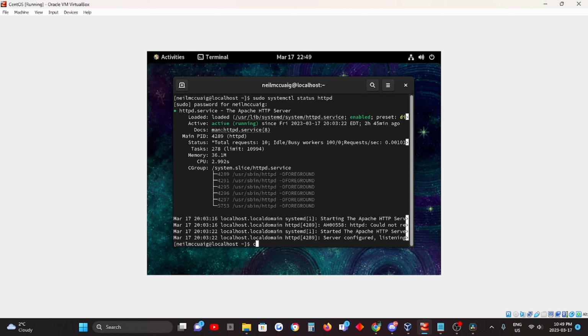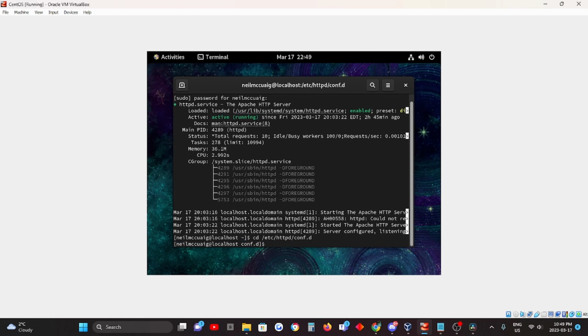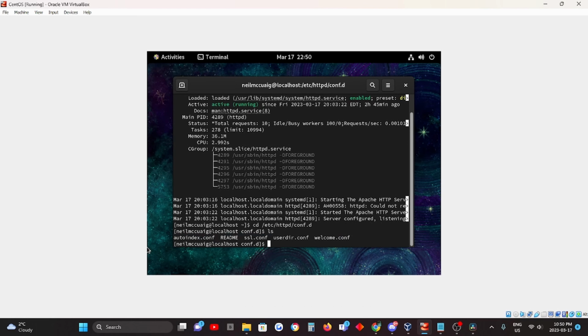Alright, now we want cd /etc/httpd/conf.d to go to this folder. Then ls to check the files. Then we want to check the file by going